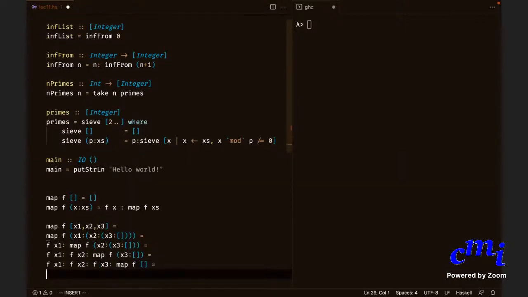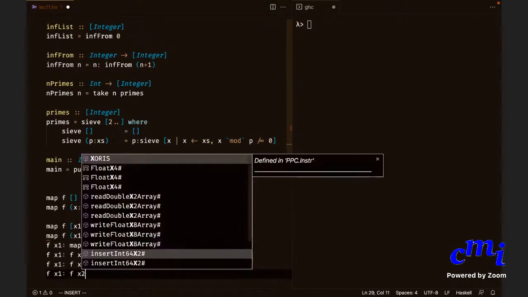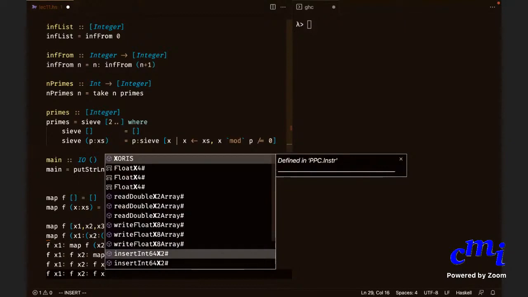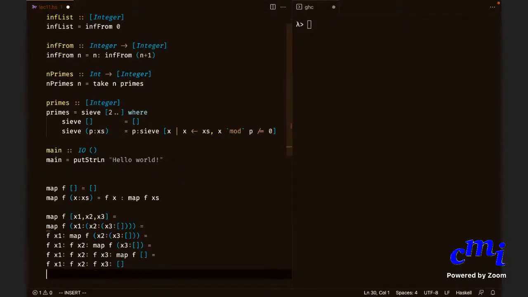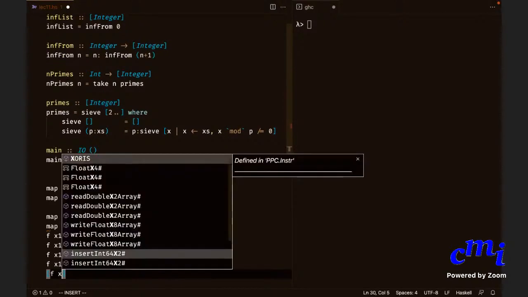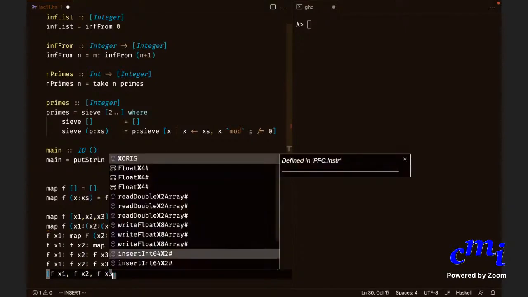But that's equal to what? What is map f of the empty list? Empty list. So therefore this is f of x1 colon f of x2 colon f of x3 colon empty list.